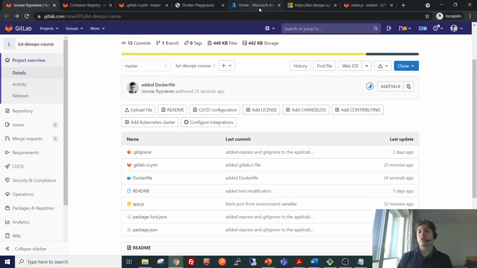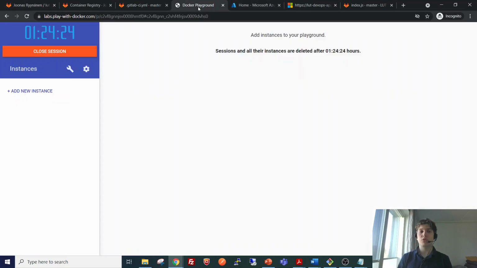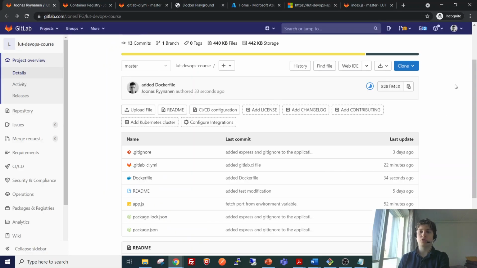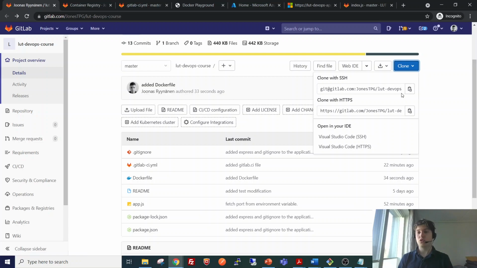So now, since I don't have Docker available on my local Windows machine, I'm going to use the Docker Playground again to first pull the code of our application and then push the image to the GitLab registry.